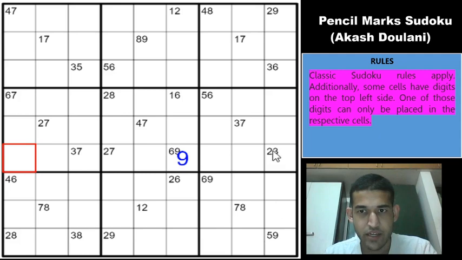So 5 9, 2 3, 3 6, 2 9. Nothing there really. 7 8, 7 8. Okay. If you look at row 8, we have a 7 8 pair, right? Again we are not getting any useful digit. We have seen this triplet already, 3 5 6, it's not helping us. Okay. If you look at row 2, we have a 1 7 pair.